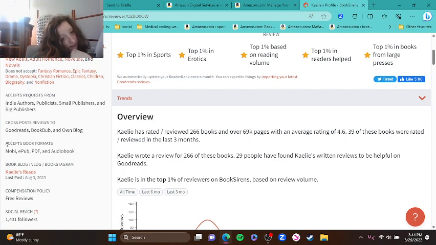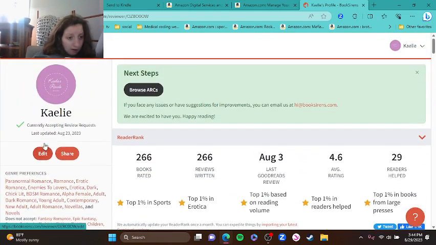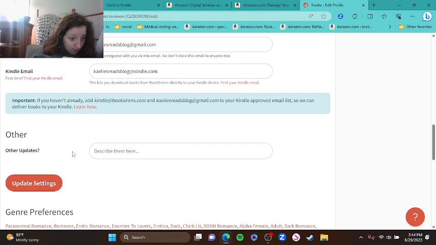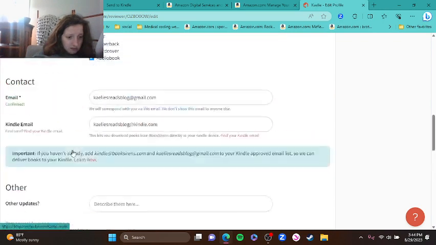And then it says accepts book format. And it says Mobi, EPUB, PDF, audiobook. So basically all the stuff that you checked off in your basic information here, pretty much